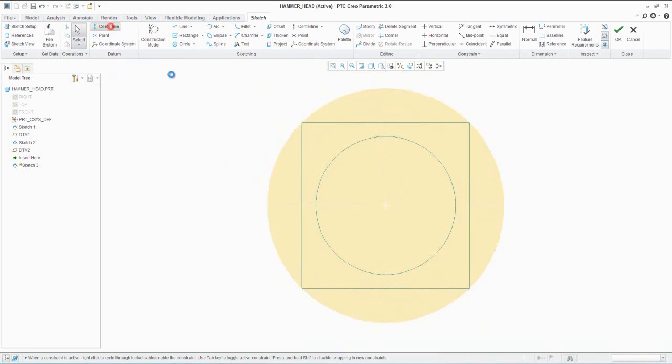Draw two center lines in the sketch as we did in our previous sketch.